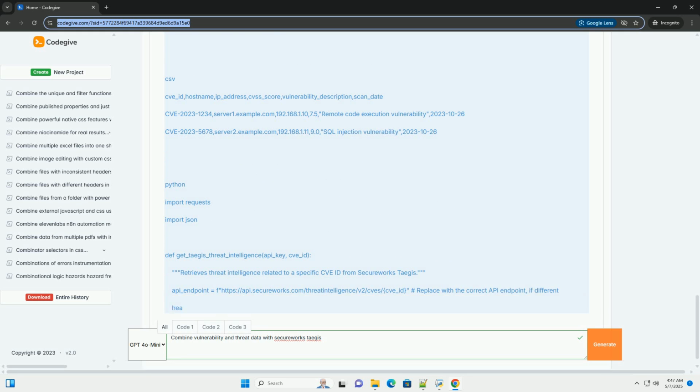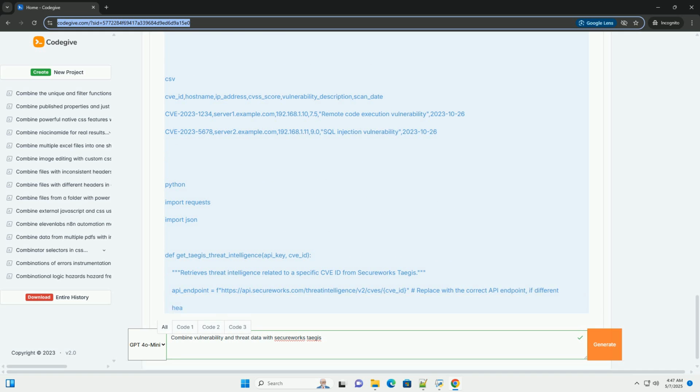CVSS_score, the CVSS score of the vulnerability; description, a description of the vulnerability; severity, the severity of the event, for example high, medium, low. You might set this based on the CVSS score or the confidence level of the threat actor. Details, a more detailed description of the event; threat_actors, a list of the threat actors if available, using .get to prevent errors when the key does not exist in the